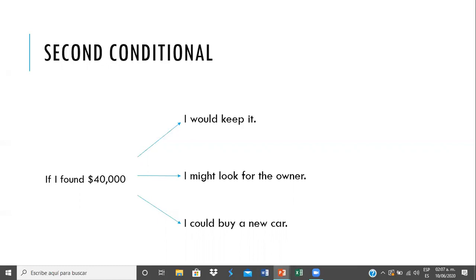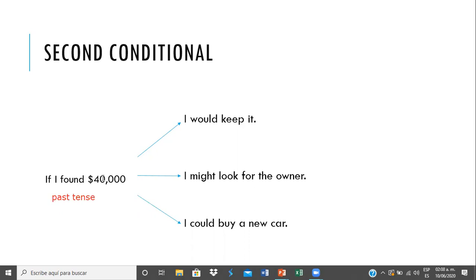And the structure here is different. Not so different. Why? Because we have the same type of structure. We have the if and we have the consequence. But with the second conditional, the unreal situation, it's going to have the past tense. I'm gonna write it here. So the if clause, the if part, is going to have the past tense. In this case, we have found. If I found